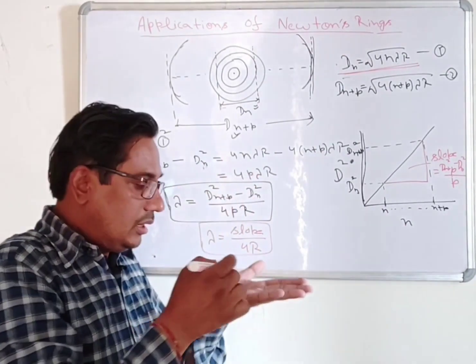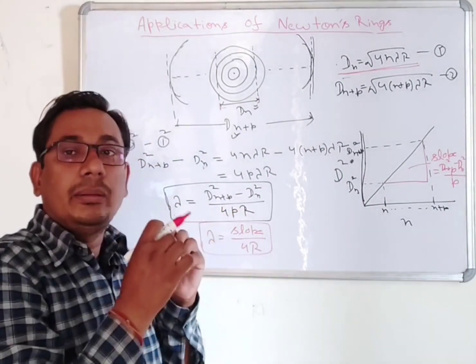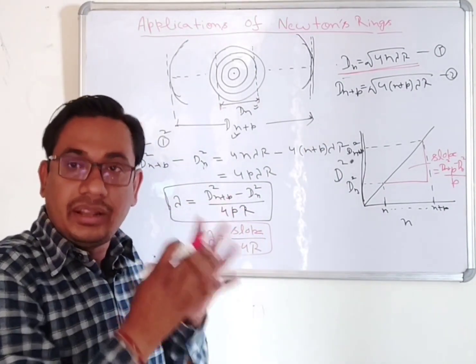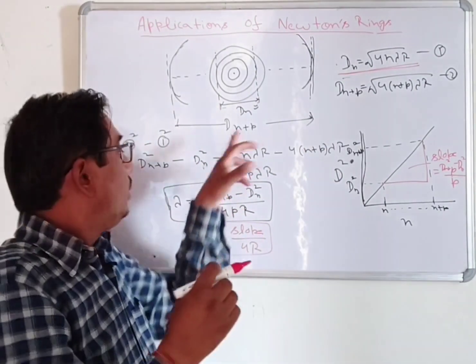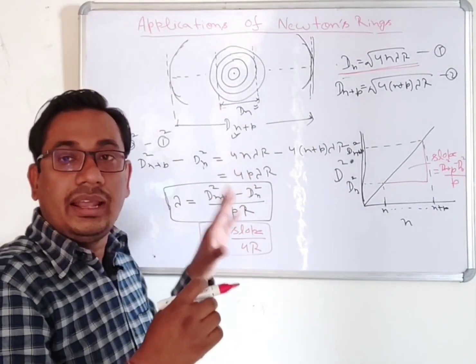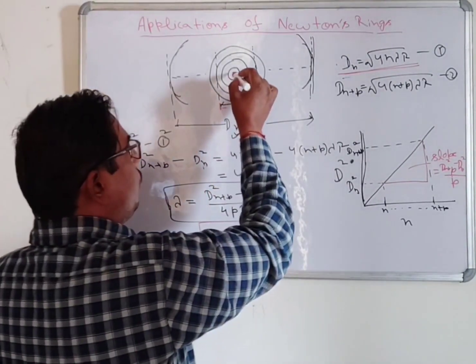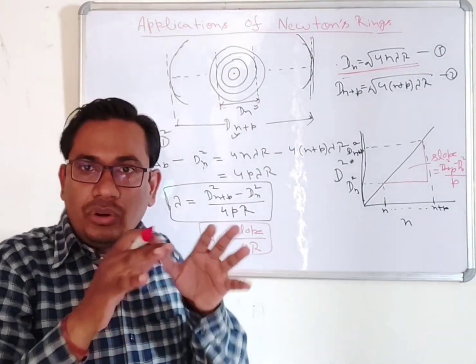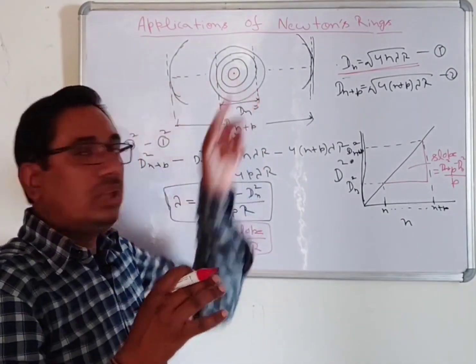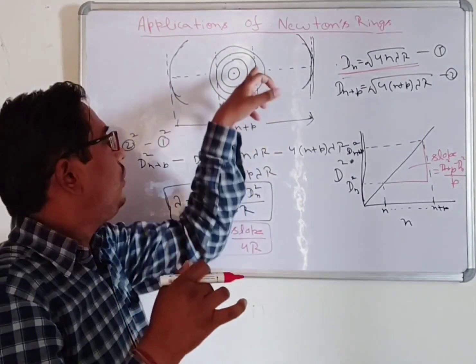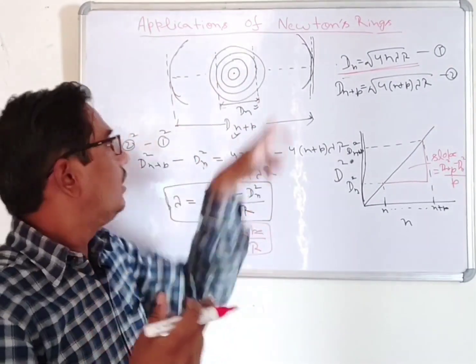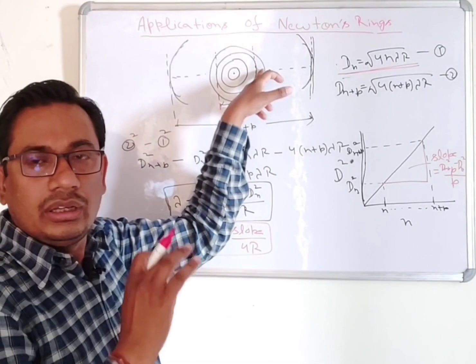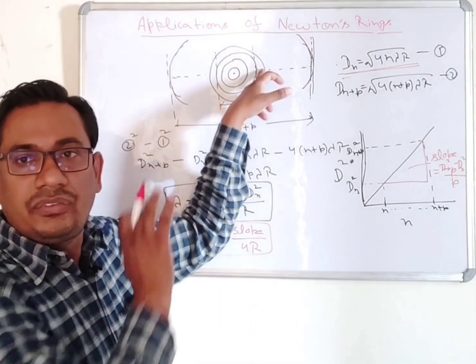There is a chance of some error in counting the fringes. So in this case, we will reduce the error when we go far from the point of contact. You will see the fringes more clearly compared to the center of the fringes. So we can start from any fringe, like from here. It is not important what the number of the fringe is.